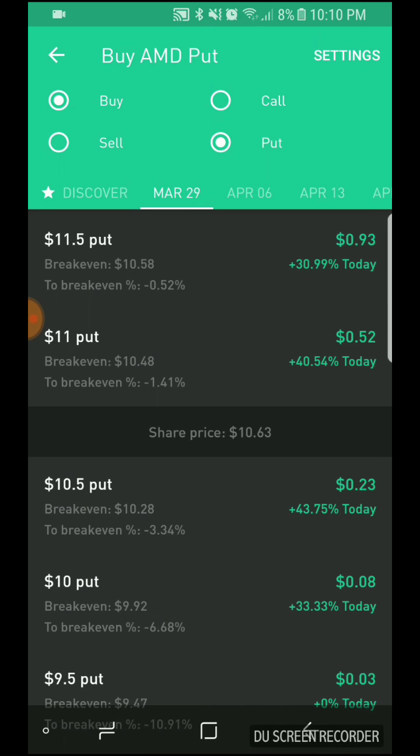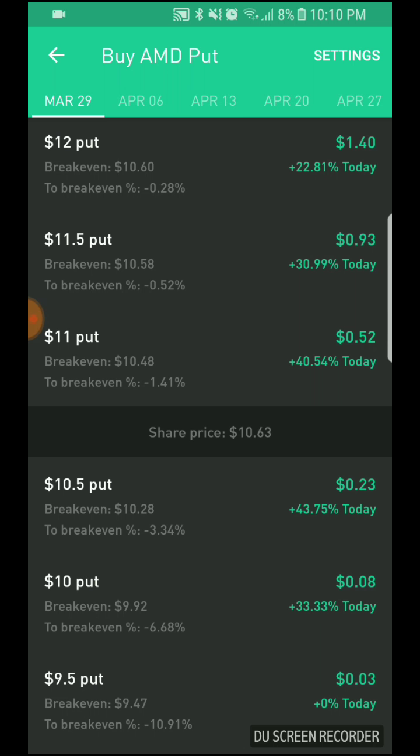Basically, when you buy a call option, you want the underlying stock to go up, and when you're buying a put option, you want the underlying stock to go down. So a call is just like regularly buying a stock, and a put is like you are shorting a stock. Also, keep in mind that when you're buying an option, it gives you the right but not the obligation